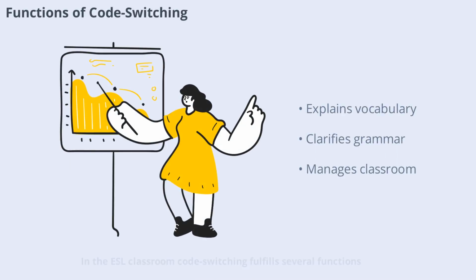In the ESL classroom, code switching fulfills several functions. Teachers use it to explain new vocabulary, clarify grammar rules, provide instructions, and manage classroom behavior. It can also help prevent misunderstandings and ensure that all students are on the same page. By switching languages strategically, teachers can scaffold learning, making challenging content more accessible. This flexibility allows educators to adapt their teaching to the needs of diverse learners, fostering a more supportive and effective